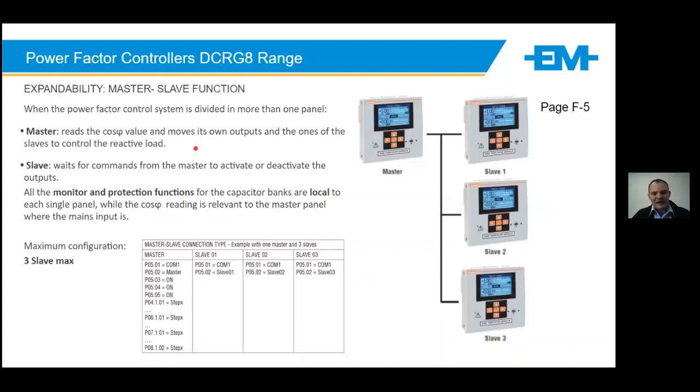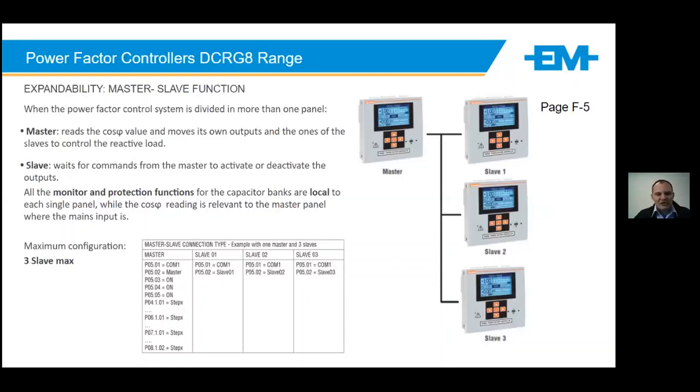Very important function. When you've exceeded the maximum or feasible amount of steps within a panel, or you have problems with space in your LV room, imagine you have a long LV board and it's not feasible to get all the power factor into one part of it, or you can't because you're retrofitting the power factor system in. So you're left with putting part of the power factor system on one side of a board to the left and another part to the right.